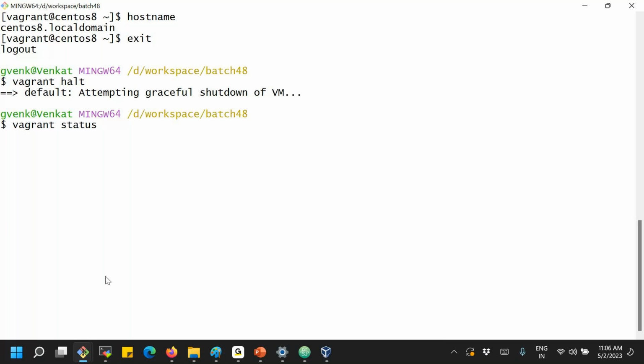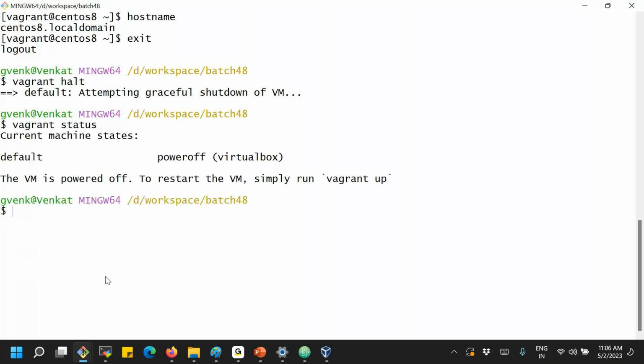So one more command, Vagrant status. Now this default virtual machine is powered off. Which virtualization software are we using? VirtualBox.